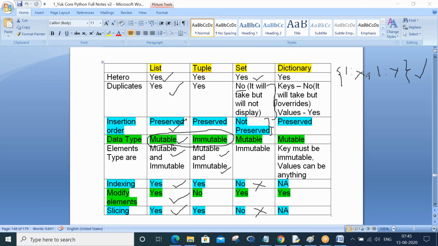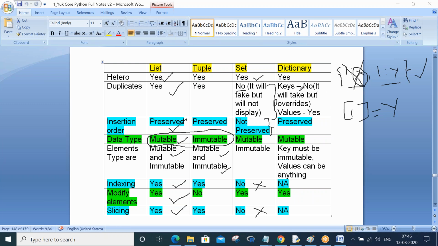When you print what is there in the first key, can you guess what the answer will be? First time you have given for key 1 the value x. Second time for key 1 the value is y. Your x is getting overwritten with y, so that is the reason you will get y. This x will never get displayed in the answer, meaning it is not considered.